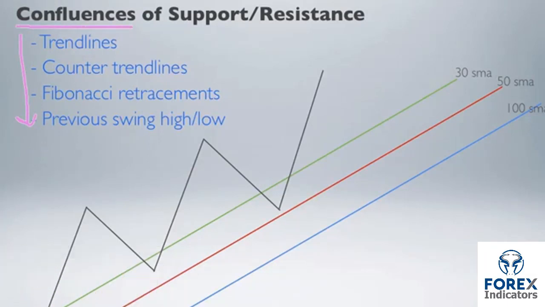Now, obviously, the markets are not perfect. We cannot always expect all 4 to come in line, okay? That would be, well, asking for way too much, I'm afraid. The markets are usually not that nice. But as long as you can get 1 or 2 around the dynamic area, it's usually